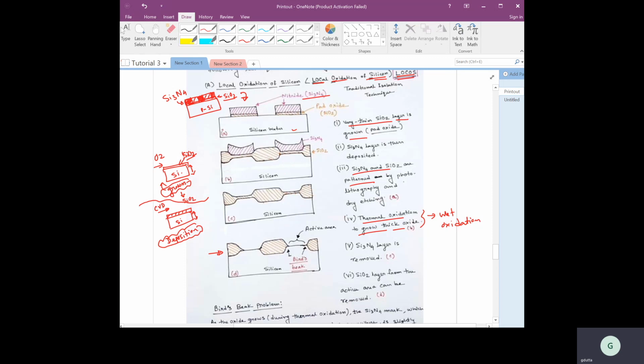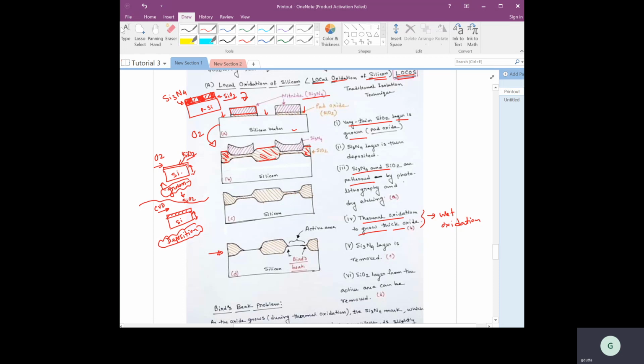And then, when you try to do that oxidation or the growth of silicon dioxide, this particular region is already covered with silicon nitride. Oxygen cannot penetrate silicon nitride, so almost no formation of silicon dioxide will happen here. However, this region is exposed to oxygen and high temperature, and here the silicon dioxide will form. So you can see here the silicon dioxide is forming. Here also, and here also, the silicon dioxide is forming.